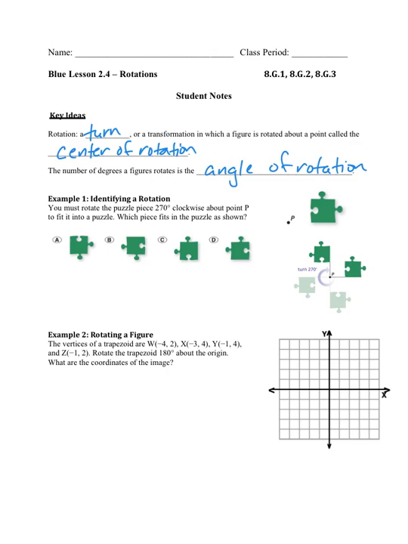So in our first example, we are identifying a rotation. It says we must rotate the puzzle piece 270 degrees clockwise about point P to fit into the puzzle. So here is our original figure and point P, and what we're going to do is rotate it clockwise. Think about a clock and the direction that it would turn. It's going to turn that direction, and you can look at this picture that shows this would